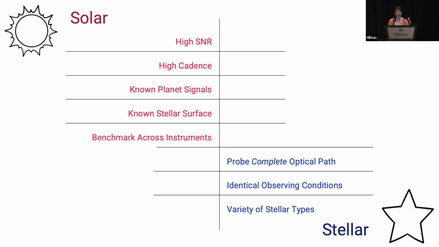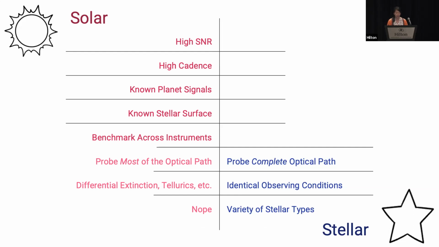And so if you compare the two, with the sun, you can't do anything, right? It's going to remain one star with one type of stellar activity that might change in an activity cycle and manifest different types of stellar activity, but it will still be the activity of just the sun as one type of star. When you observe the sun, there are some differences in how you observe it, such as the differential extinction that we've mentioned, and also the tellurics will behave differently in solar observations than with stellar observations. And those differences are something you will have to contend with when you're testing different pipelines. And as I mentioned, it only probes most of the optical path. And so if you're interested in understanding how the light travels through your complete optical path, it will change a little bit.